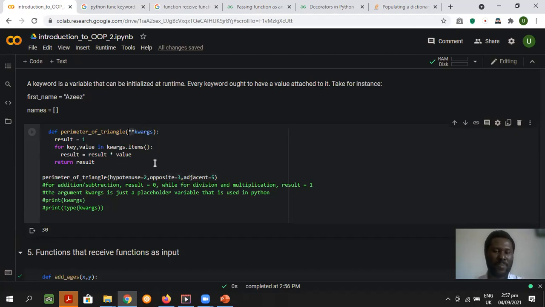Remember, we have these 2 stars here, which means we don't know the number. It's an unlimited number of arguments. So we can actually decide, okay, there's another part of the triangle, but it shouldn't be. Let's just say a triangle has 3 parts, but let's say our triangle has 10 parts or 500 parts or whatever. So let's add another part. So we have hypotenuse, opposite, adjacent. Let's call this one